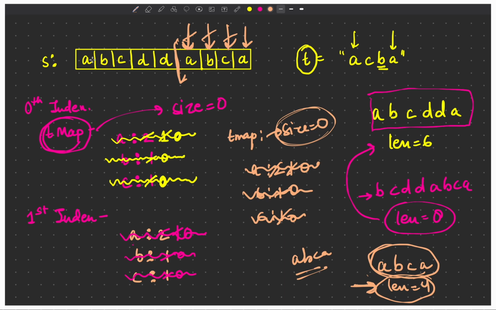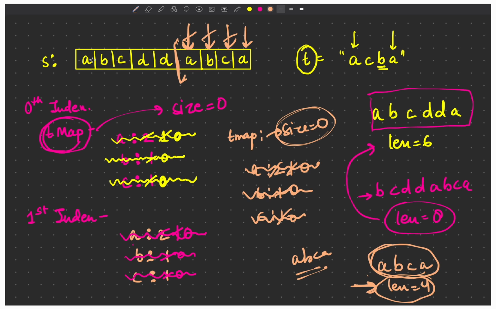That means that we have encountered that character in our S, right? And when the count became 0, that means I have all the occurrences of that character. The number of occurrences of that character in S is same as the number in the target string, right? So we can remove it, because we know that this window will have the same number of characters as present in T, right?